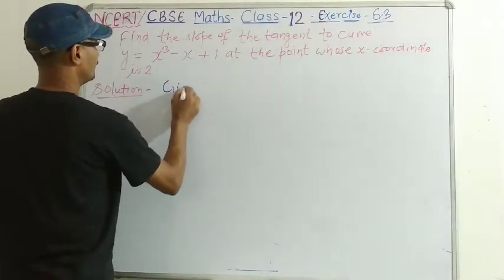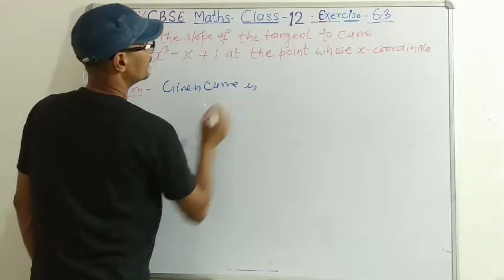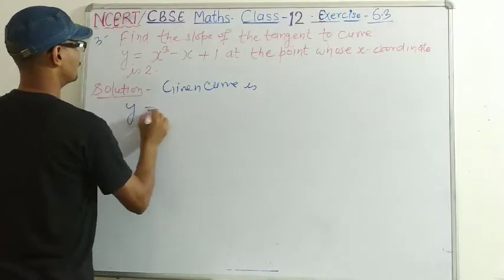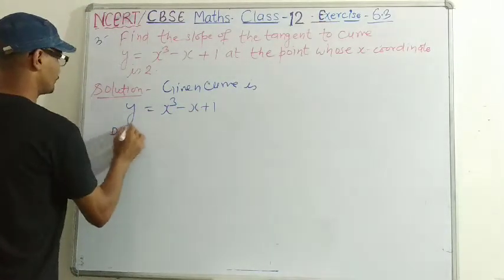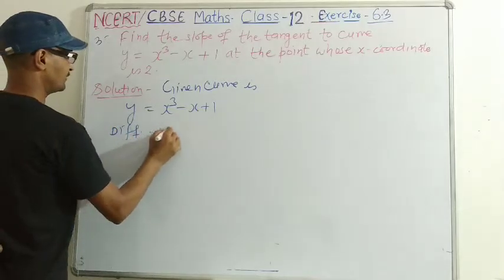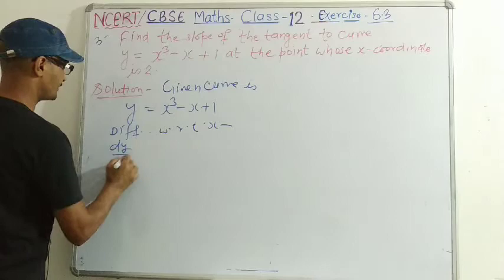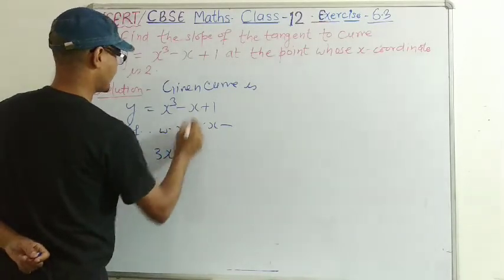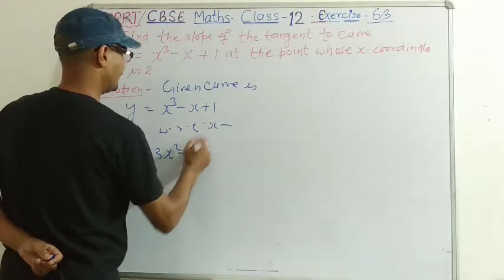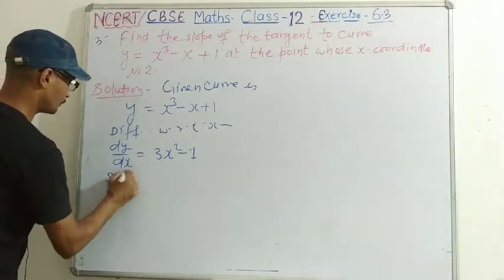Now, given curve y is equal to x cube minus x plus 1, so we differentiate this with respect to x. So it becomes dy by dx equal to 3x squared, x का डिफरेंशियल x के रिस्पेक्ट में 1 हो गया, ये 0 हो गया. So now slope of